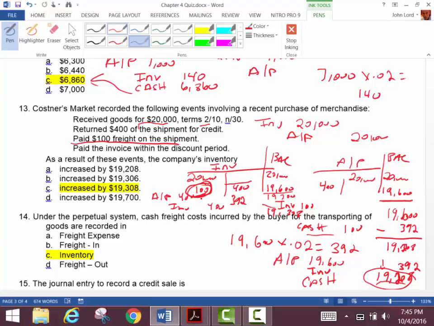Actually, can I just record the freight as freight instead of put it into the inventory? Because the rules are that any cost that you incur to bring that asset to where you can use it are part of the cost of the inventory. Okay? So let me do this question again now that we have correct numbers for it.